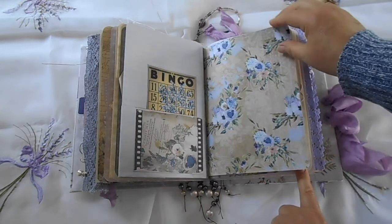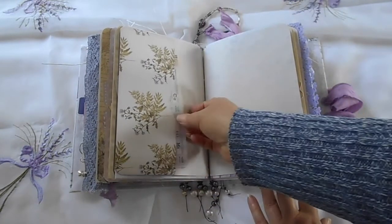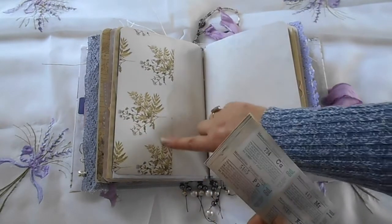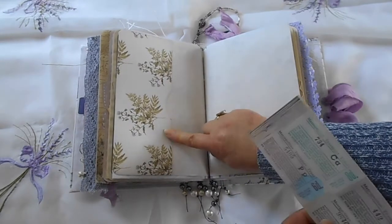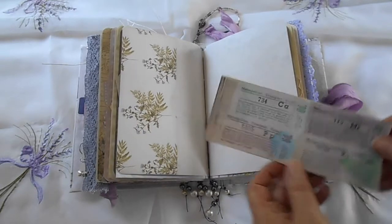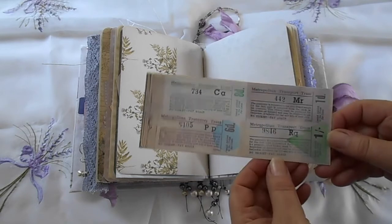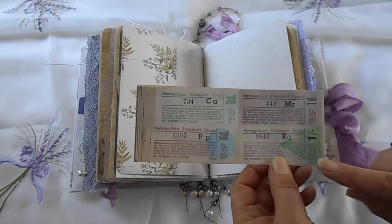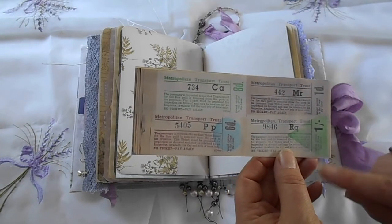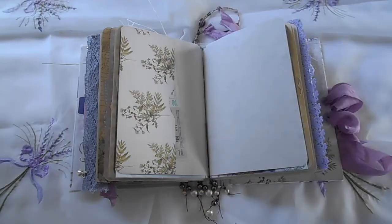This is a gorgeous piece, very pretty. Got another tuck spot here, and that paper I think is from the Riverside collection. I have to put that one below for you. These tickets are actually from Greta's trips, so they were real, they were in her own scrapbook, and they are bus tickets, and I think they were for...